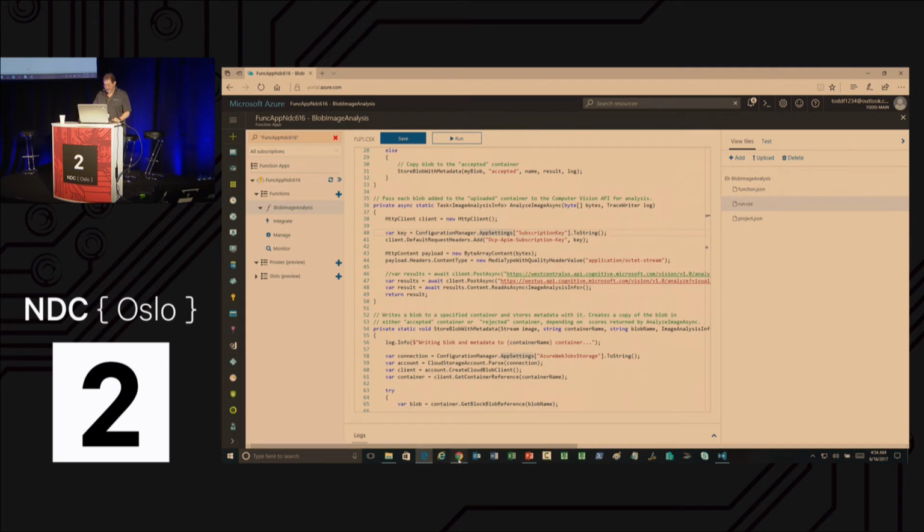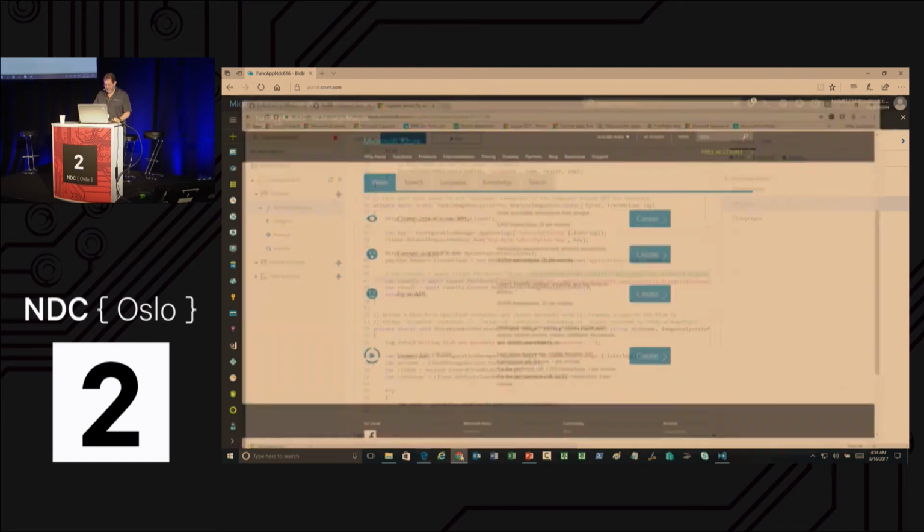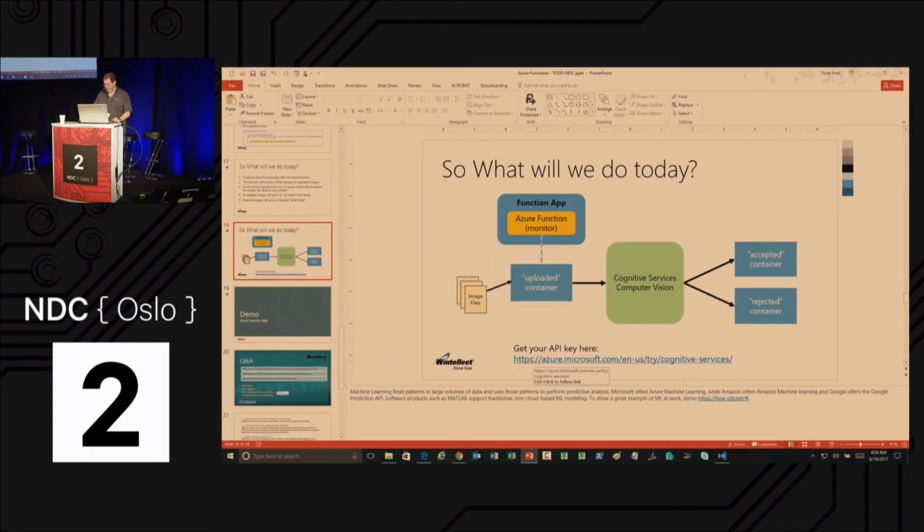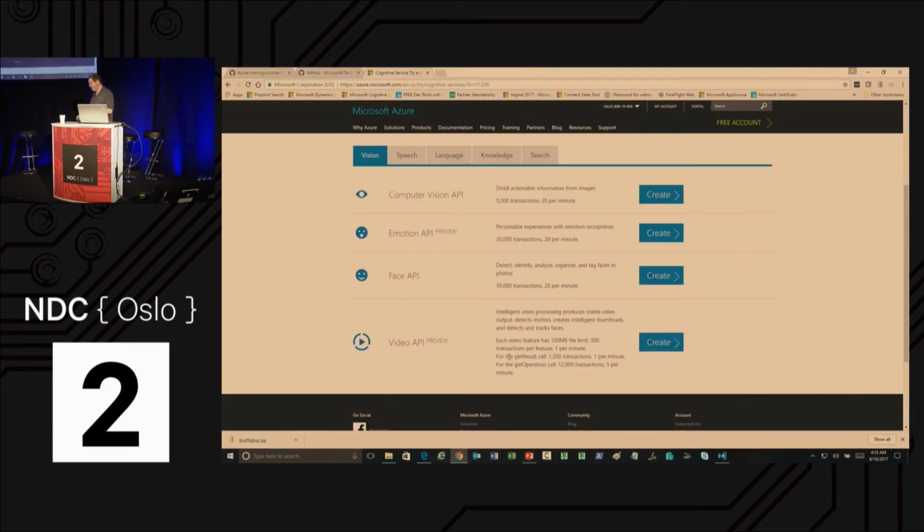The first one, so remember this, my demo fail, West Central US, West US. In the slide, sorry I'm jumping around, I gave you this URL here. You can get your API key here. That's not how we're going to do it for this demo. I'll explain why in a second. But if you don't have an Azure account, and you're like, this is pretty cool, but I'm an AWS guy, I don't want to give Microsoft a password or whatever, you can go right to this site and play with all these Cognitive Services APIs. You just click create.